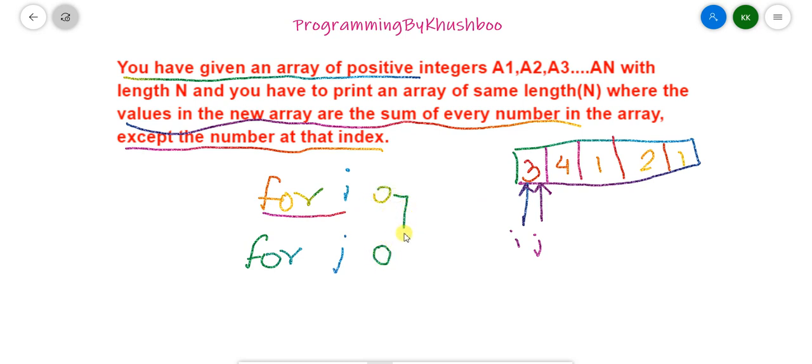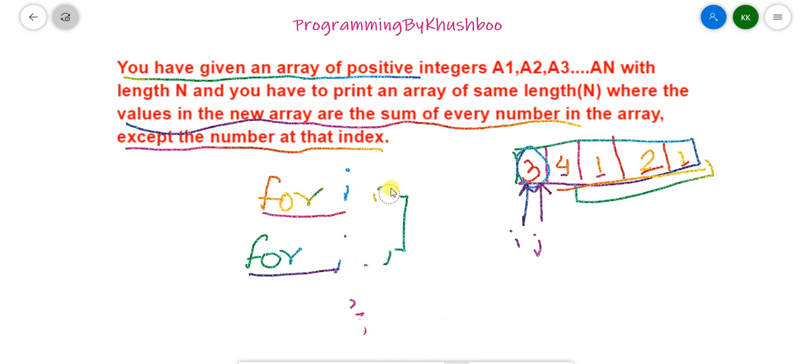If the i value and j value are equal, then we do not need to sum this value, so we skip it. For the rest of the j values, like j equals 1, that means 4, j equals 2, that means 1, and so on till the length of the array, we sum all values except where i equals j.